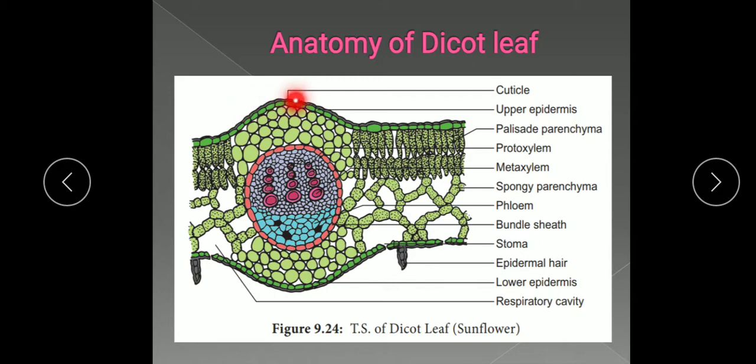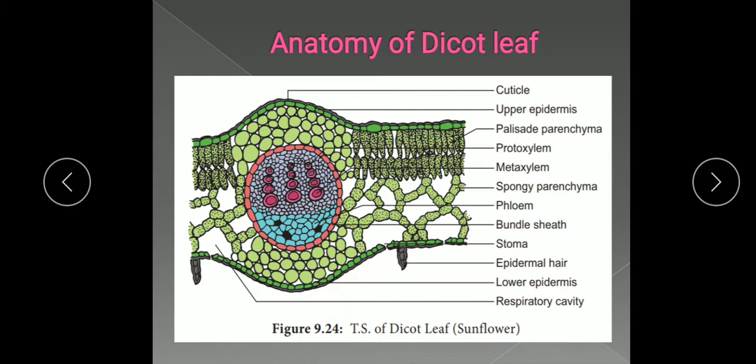This is the upper surface, upper epidermis. Here the cuticle is thicker, which is known as the adaxial surface also, upper surface also, or ventral also. So the cuticle is thicker at the upper or adaxial surface than the lower surface. The lower surface is known as the abaxial or dorsal surface. So this is the difference in the thickness of cuticle. Now the abaxial surface, you will see the lower surface here. The abaxial surface generally bears more stomata. So the number of stomata is more at the lower or abaxial surface in the dicot leaf.